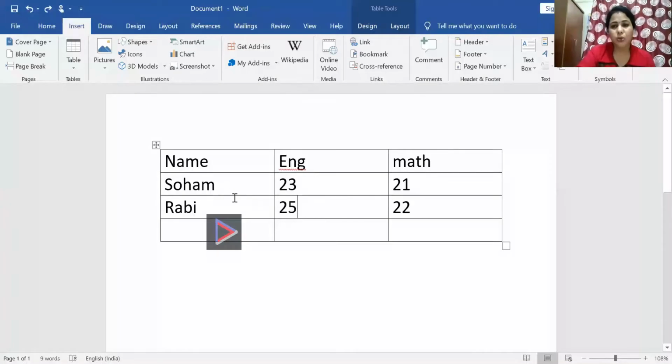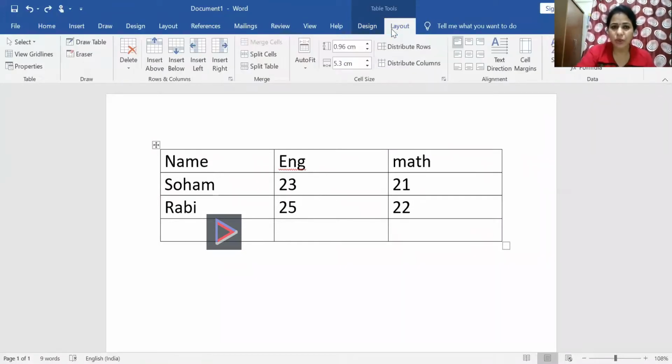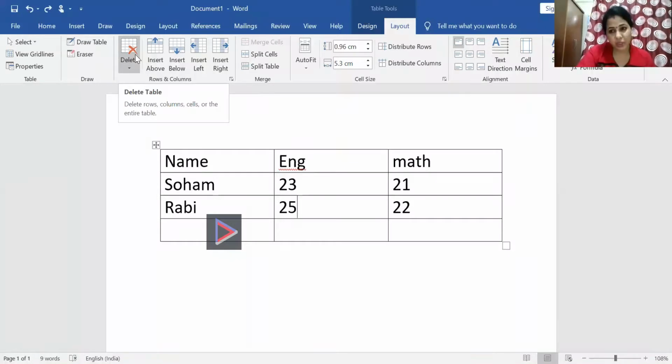So how to do the additions? Just look here. I go to Table Tools, then choose the Layout option. When I choose the Layout option, so many options are there. The Insert and Delete options are available here. It lets you insert a row, insert a column, delete a row or delete a column. These are the things we do as editing the table. So for editing, you have to go to Table Tools under the Layout option. If you click, you see the options are available.